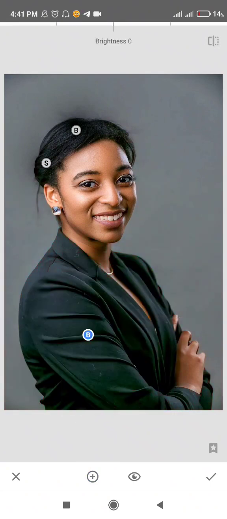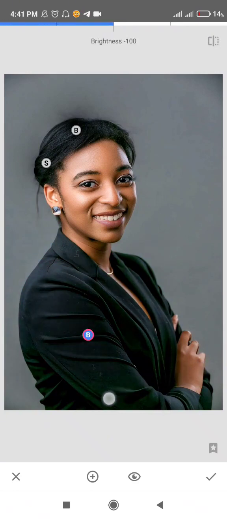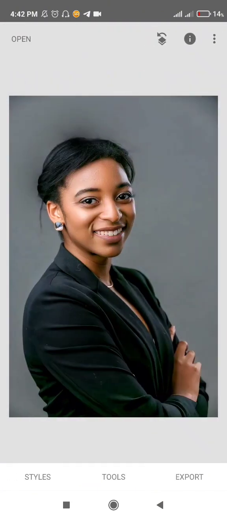So it's going to affect that particular radius. I click select brightness and I turn that down. You discover that as I reduce it, her clothing tends to become darker. So I think I love my image the way it is right here, and I click OK. With this, I can simply export my image if I desire it the way it is,